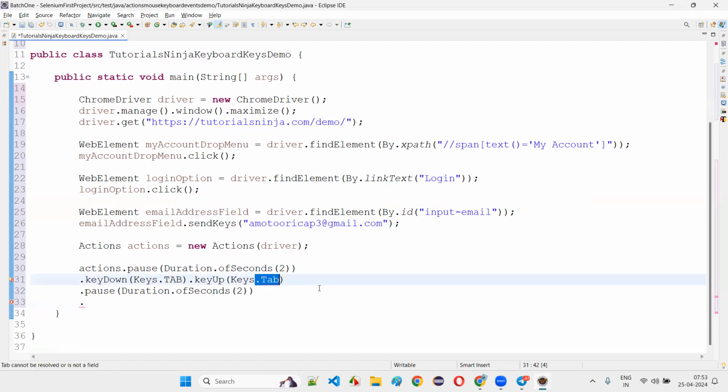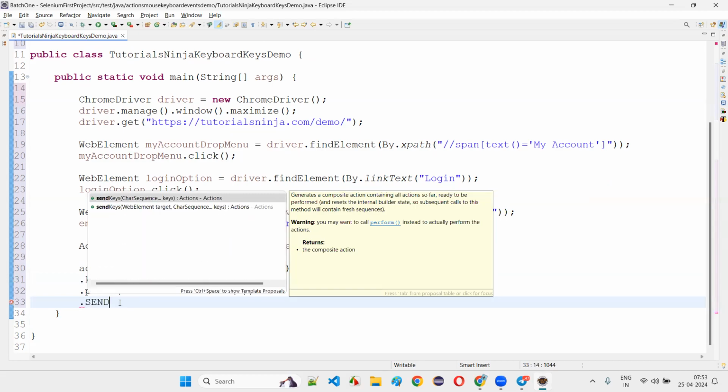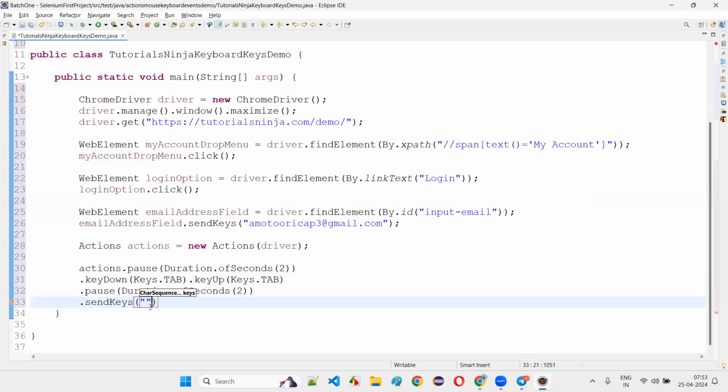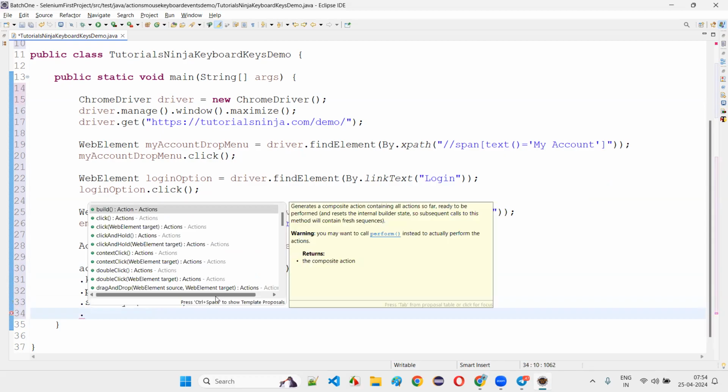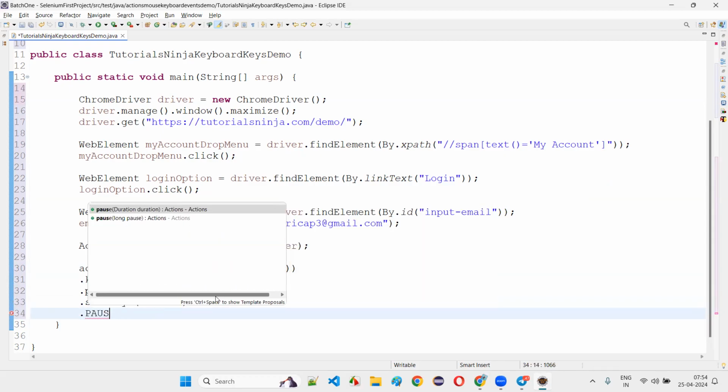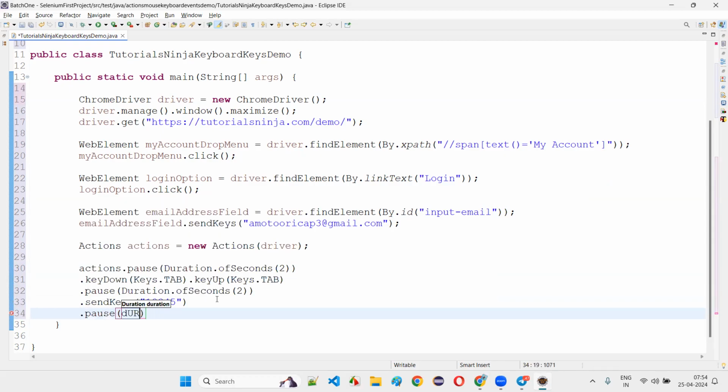Keys dot tab, I have to say. Okay, that's a mistake. Dot send keys. Here in send keys, I'll write down the text, that is password 12345 is the password. Again, I'll say dot password duration dot